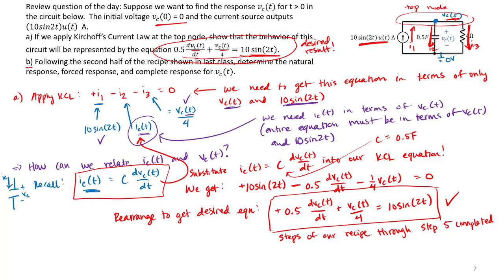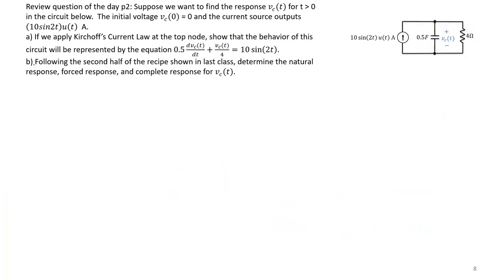Our goal in part B is to follow the second half of our recipe to find natural response, forced response, and complete response. Let's go ahead and follow the recipe. So the last part of our recipe, if we follow our recipe,